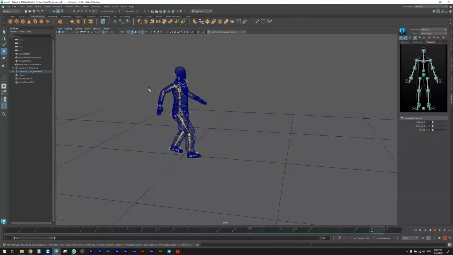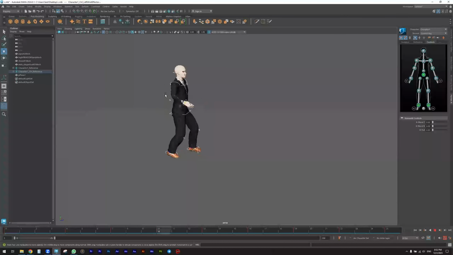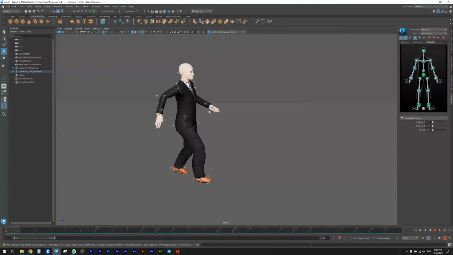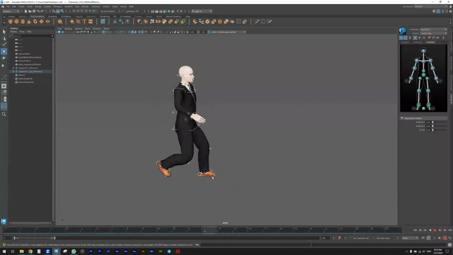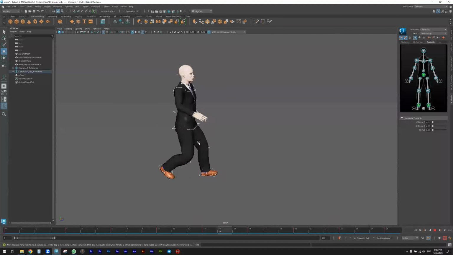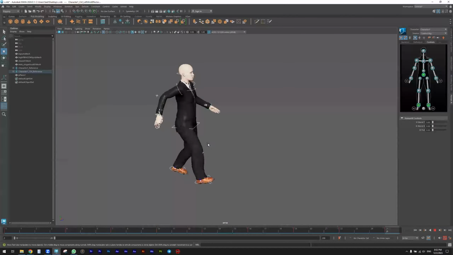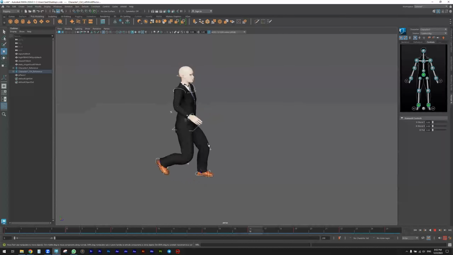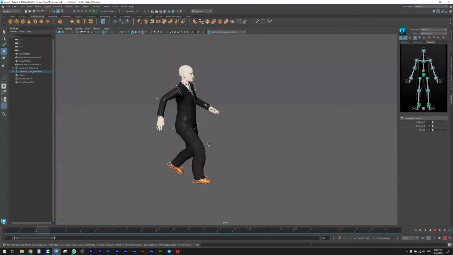Of course, I have a low poly character, but this is how to create a walk cycle in a simple way by using a reference image, and this image contains the down and peak, the passing and the contact. I start with the contact, then I add the down, and after that the passing, and finally the